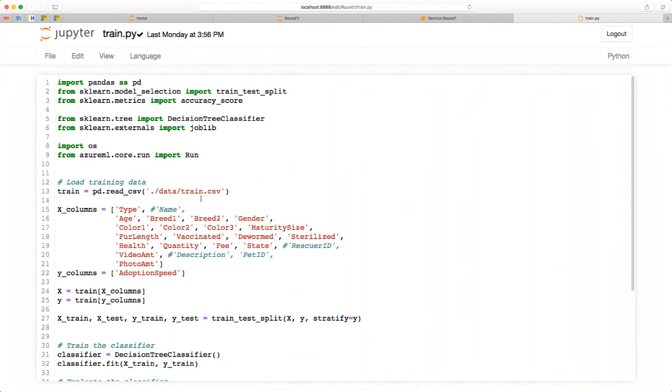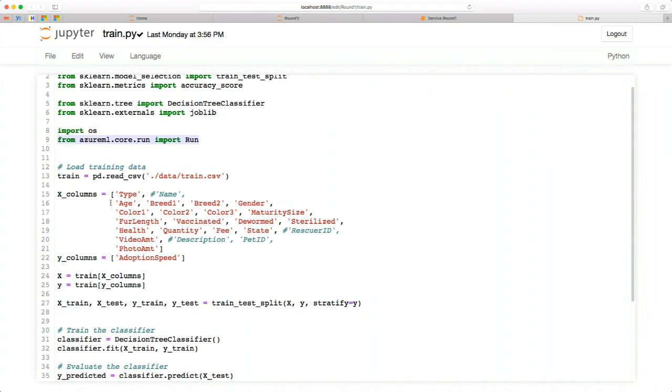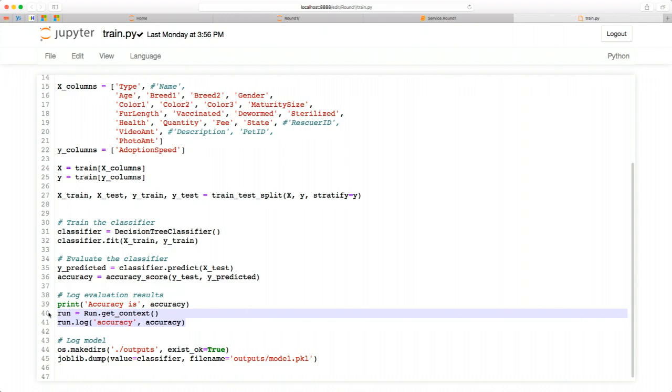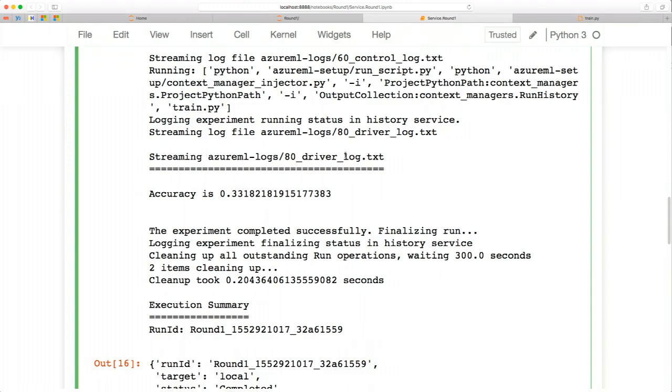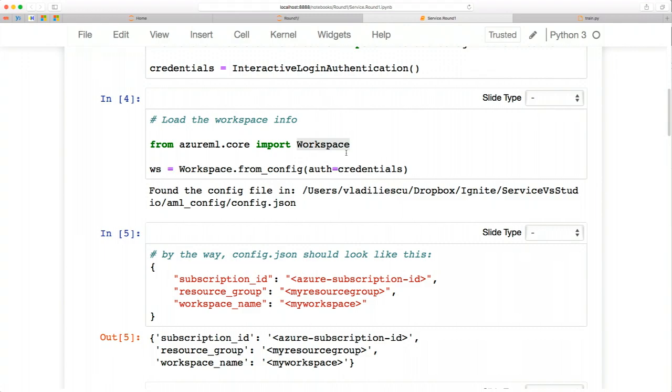Everything here is classic Python. Everything except the run. So the same code I would write if I wanted to train a model using classic Python, no Microsoft, no Azure Machine Learning, except the run part and the logging of the accuracy. Okay, but the magic part is here. This is the context, in setting up the context. So this is all Azure Machine Learning Service. They help us set the context, set the machines, orchestrate those experiments.